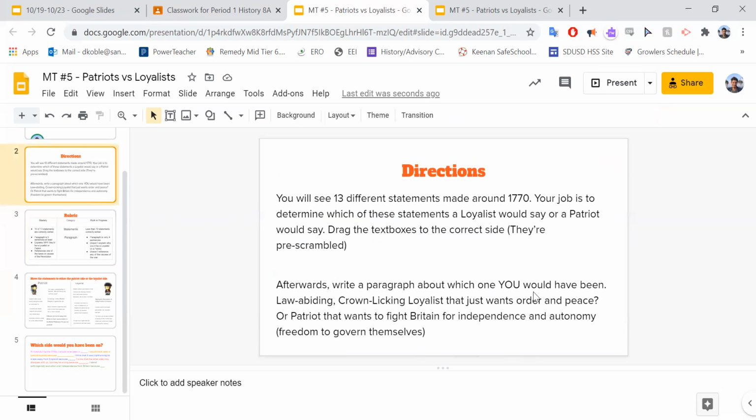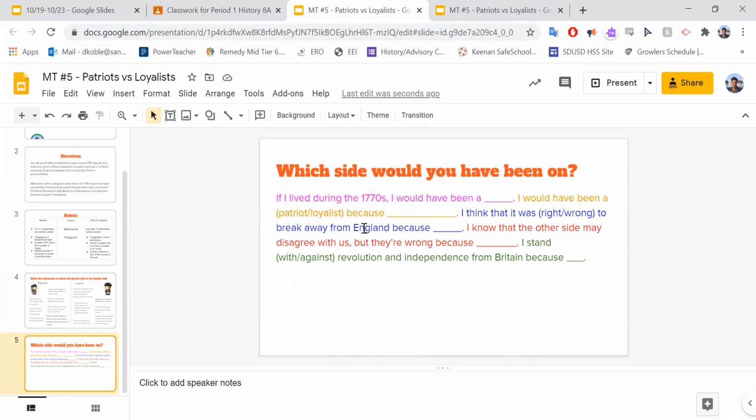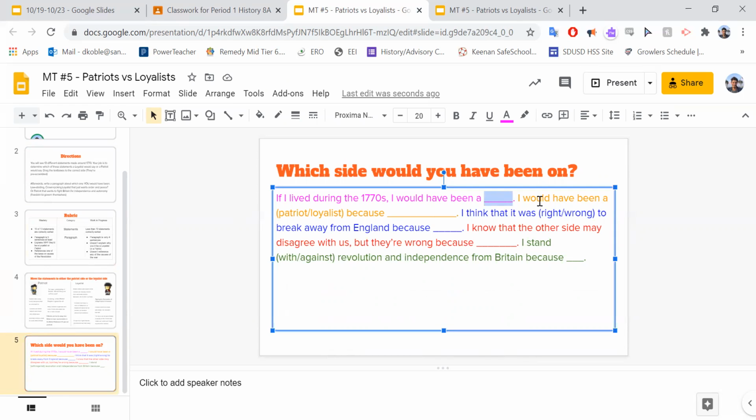The second part is you're going to write a paragraph about which one you would have been. Would you have been a patriot or a loyalist? Would you fight for independence, or would you stay a loyalist and just want peace with no changes? So that is the second part. You can see right here, I've made sentence starters for you. If I lived in the 1770s, I would have been a patriot or loyalist. So if you were a loyalist, maybe: I would have been a loyalist